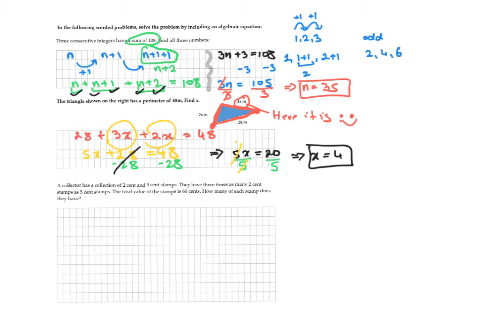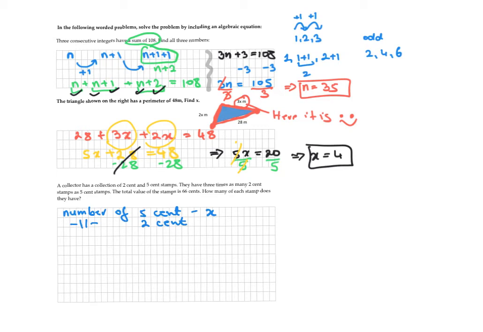So the first thing that we're going to do is assign some variables. I'm going to use blue one. So the number of 5 cents, we can say, is x. Then the number of 2 cents,